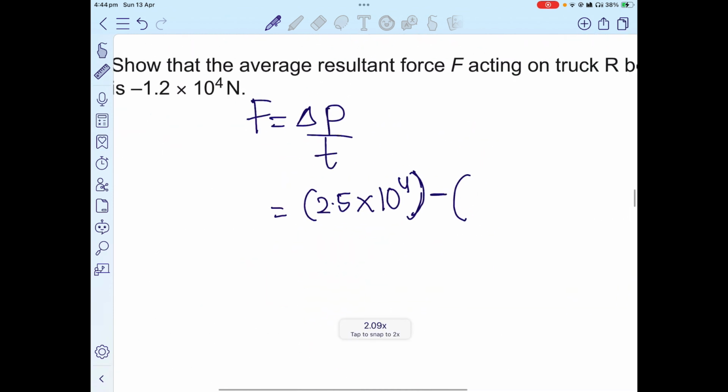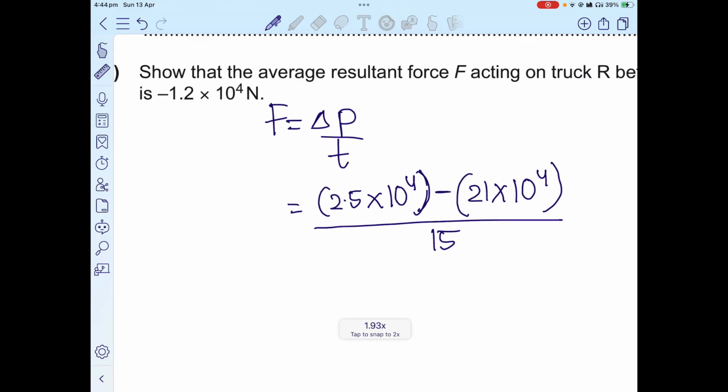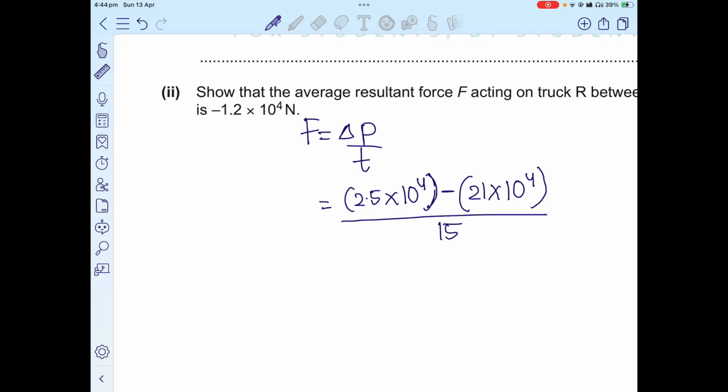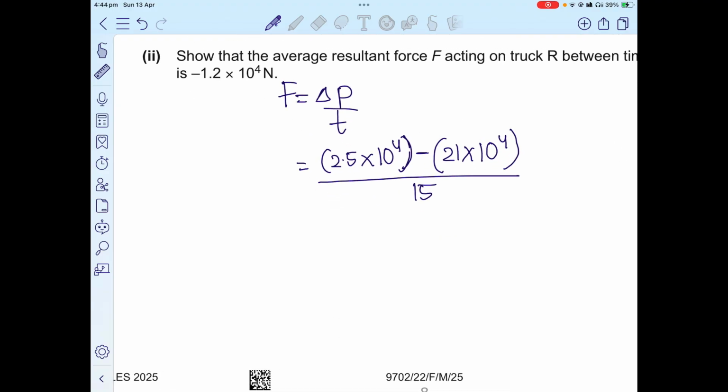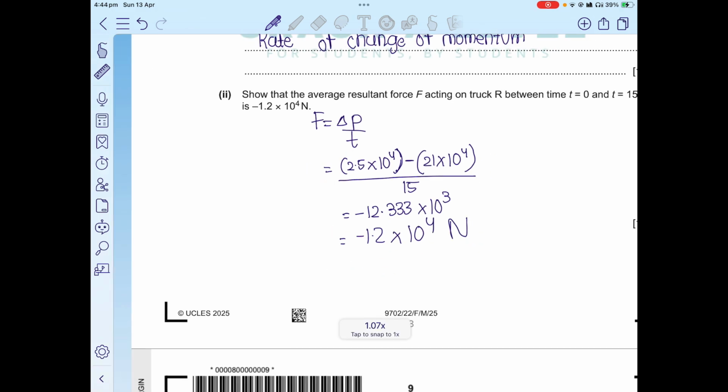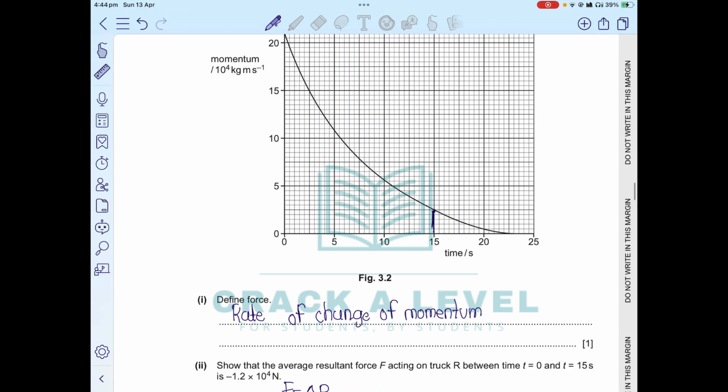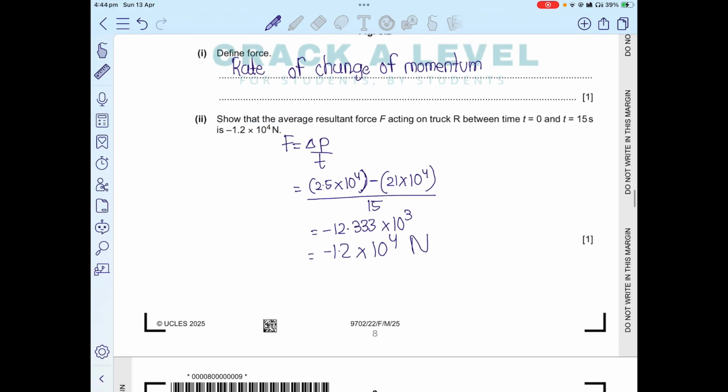So that is 21 into 10 raised to 4. The difference of momentums divided by the time taken, which is 15 seconds. When I do this, 2.5 into 10 raised to 4 minus 21 into 10 raised to 4, divided by 15, that actually gives you negative 12.3333 repeating into 10 raised to 3, which is essentially negative 1.2 into 10 raised to 4 newtons. Okay, I hope that's clear. We determine the change in the momentum between 15 seconds and 0 seconds divided by the time, which would give me